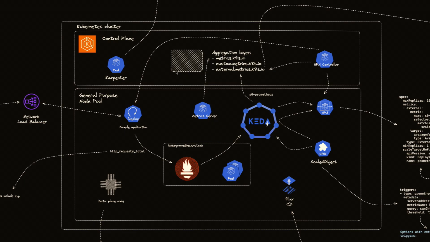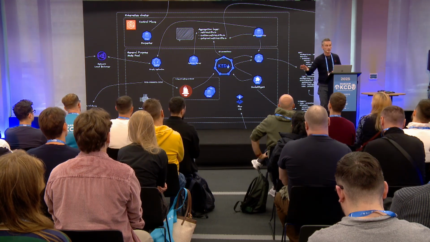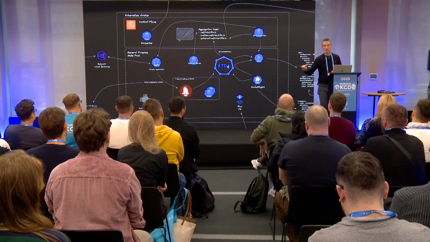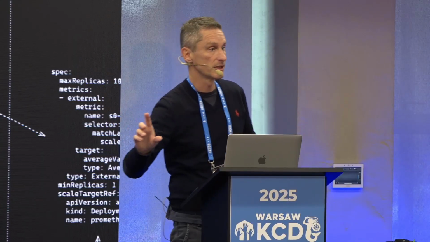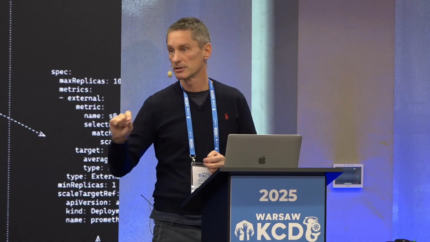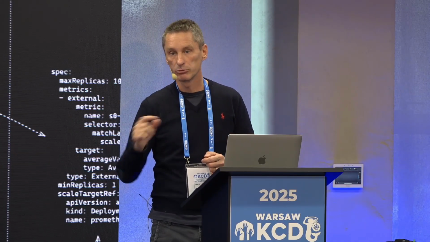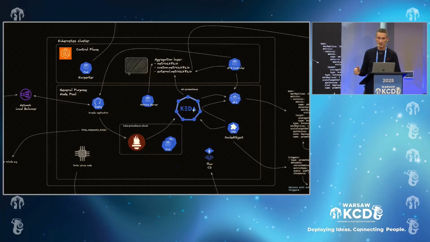So what I was saying is that we have Carpenter. Carpenter is helping because, as a cluster autoscaler, it will increase the number of our nodes when we increase the number of pods. Some of them will not have space to run, so they will not be able to be scheduled, and therefore they will stay in pending state. And this is what Carpenter is looking at. It's looking at pods that are in pending state. And whenever there are pods in pending state, it will react and call the EC2 Fleet API.